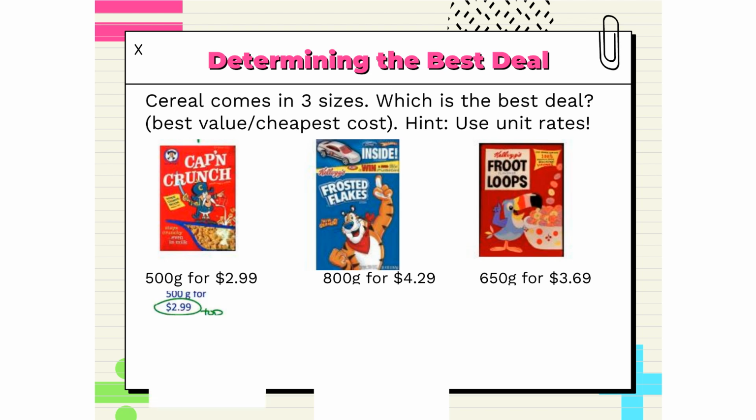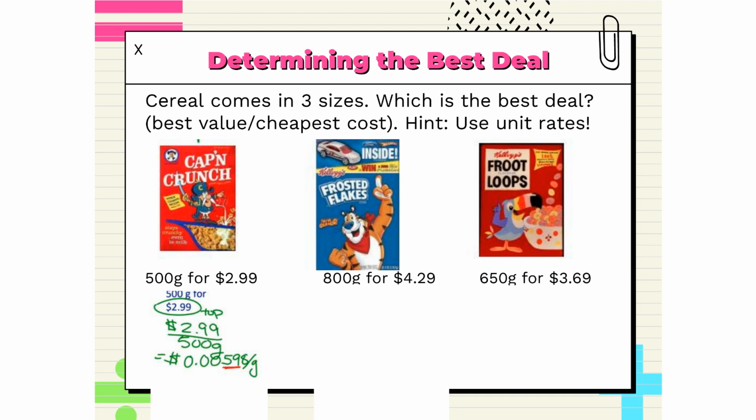We've got 500 grams at $2.99. Since the $2.99 is the dollars, that's going to go on top of the fraction that we're doing. So it's the top of the ratio. So we've got $2.99 for 500 grams. We just divide that $2.99 by 500, and we're going to get 0.00598. So that's dollars per gram. So you've got to spend 0.005, so a little more than half a cent will get you 1 gram of